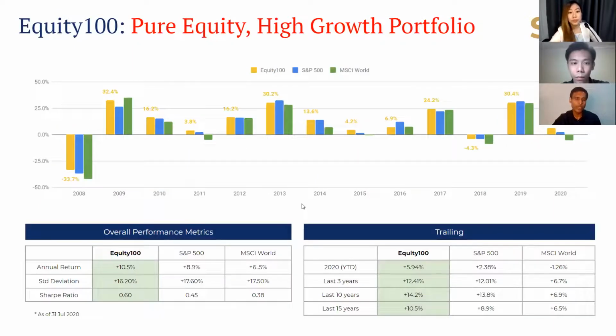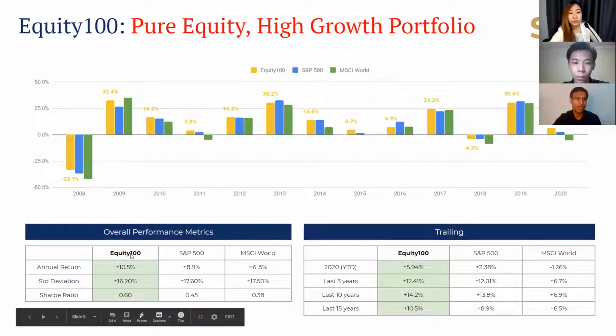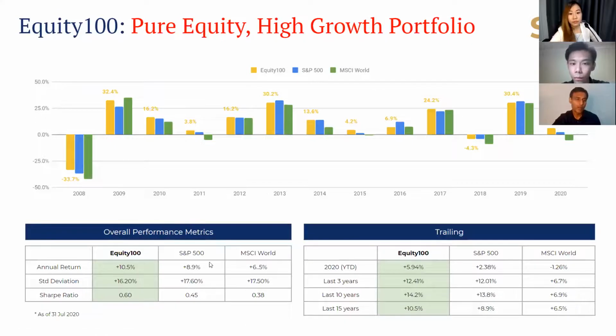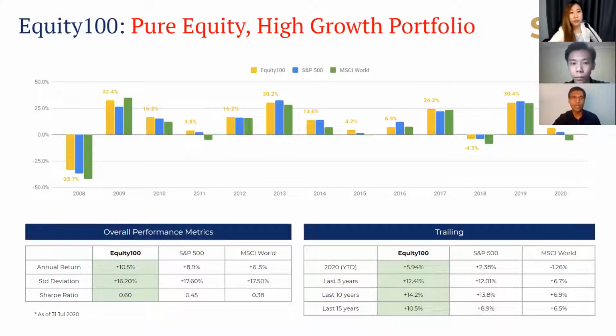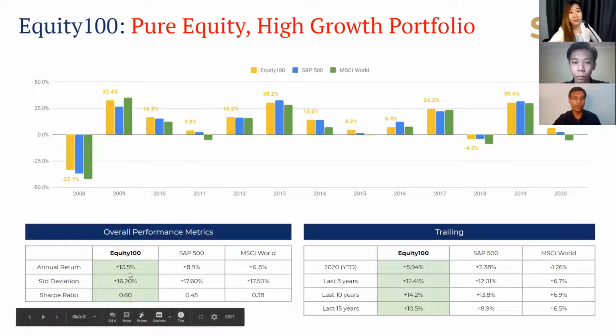And that's what translates over a longer horizon, that your annualized returns are a little better compared to you investing just into a pure index like S&P 500 or MSCI World, and with a smaller standard deviation or risk, which in more finance heavy terms translates into a higher Sharpe ratio. So usually the higher the Sharpe ratio, the better. So again, if you want to ride onto the long-term growth potential of an equity portfolio, I think this is a great option for you to try out.